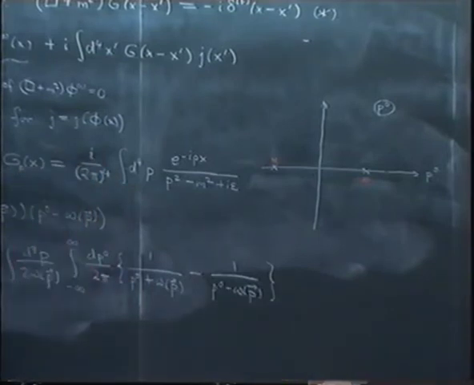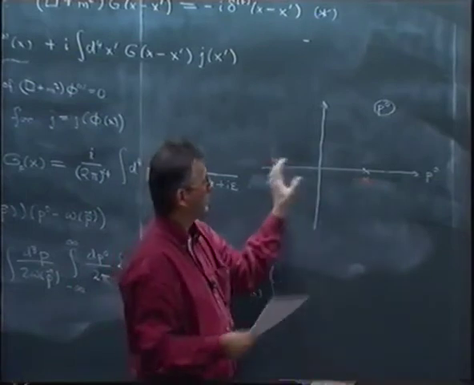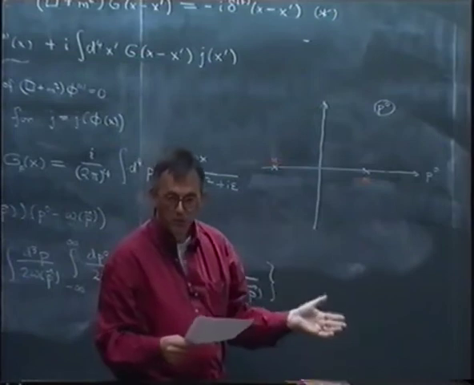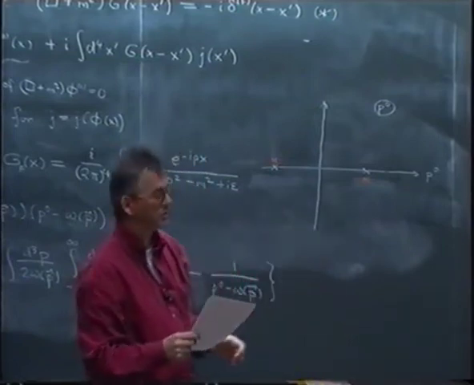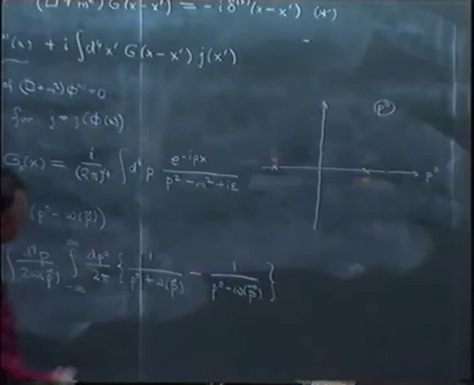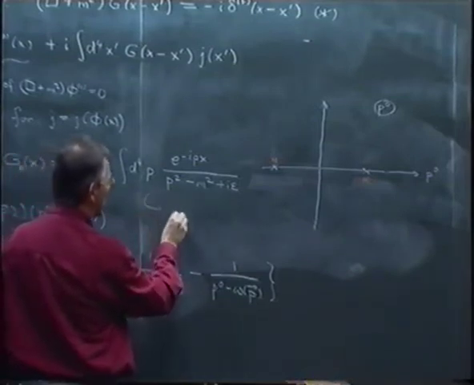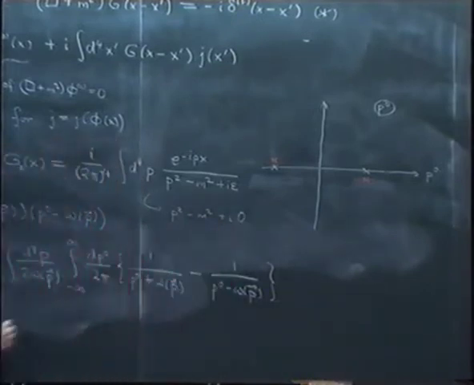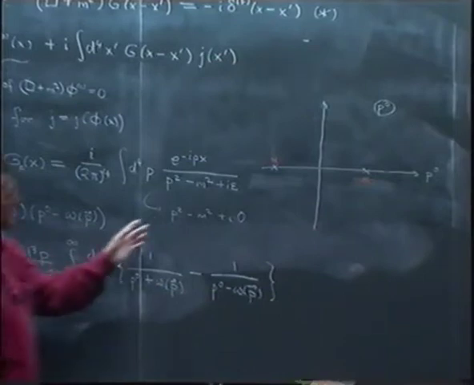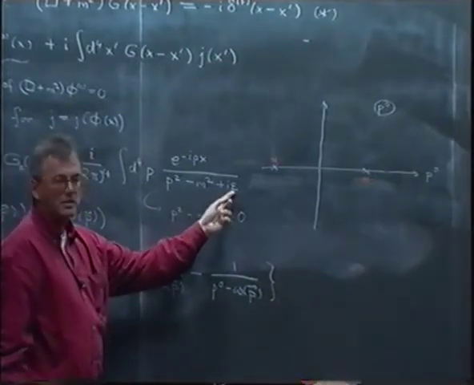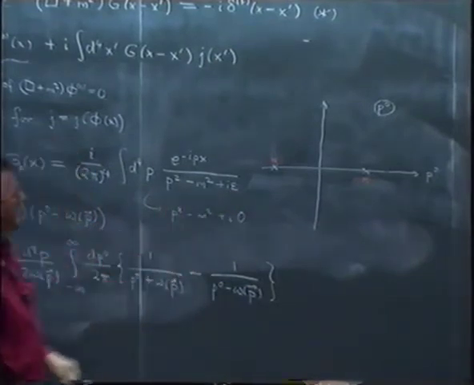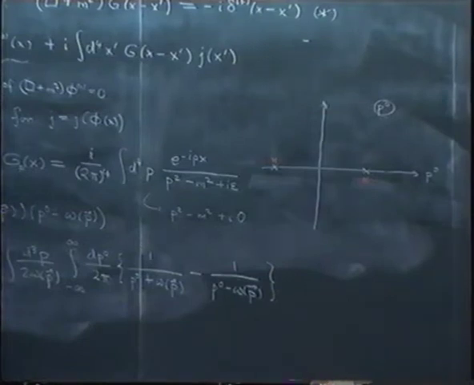And then the prescription is you do the integral with these slightly shifted poles. You do the integral, and when you finish with the calculation, you take epsilon to 0. This is why in some books, like Landau-Lifshitz, you will find this notation, which seems a little paradoxical, but what is meant here is that you've shifted a little bit into the complex plane, do the calculation, and then take the limit epsilon to 0.